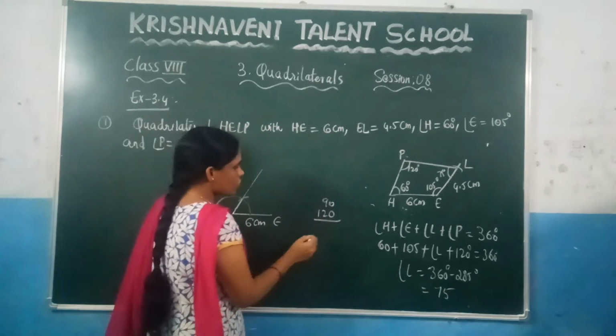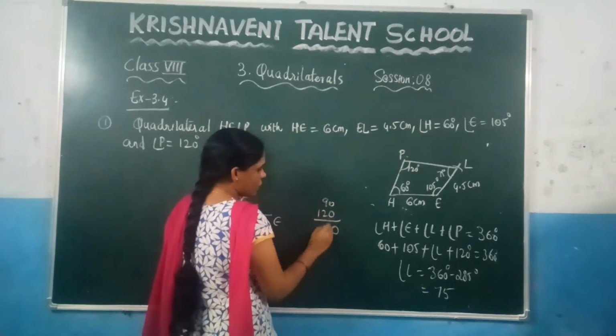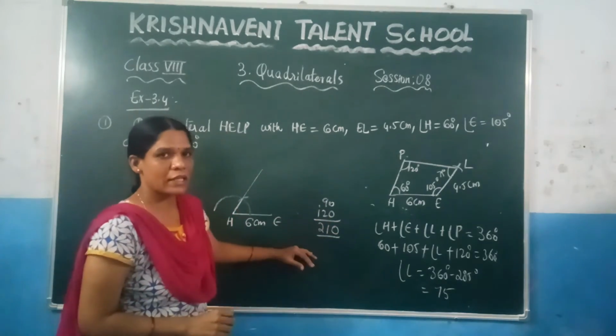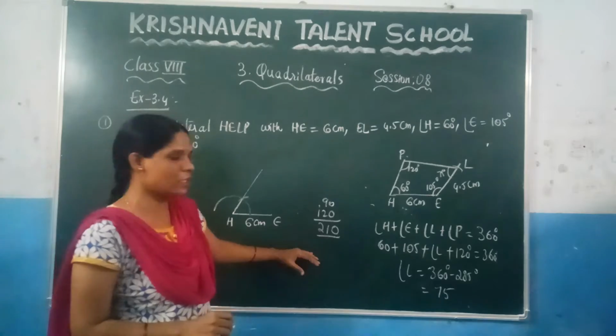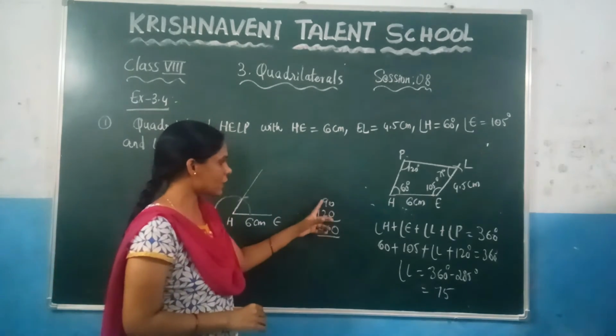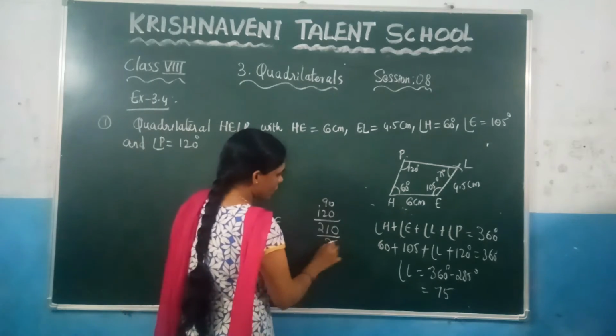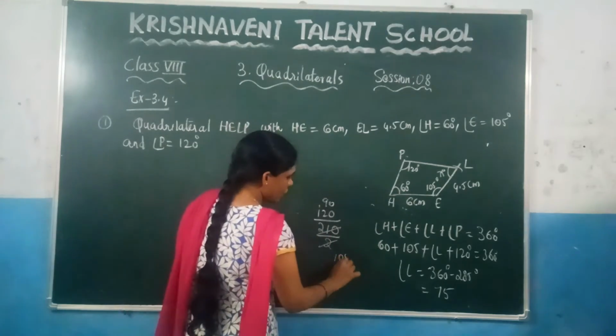let us add these two values. What you will get? You will get 9 plus 2 which is 11, you will get 210, right? And if you are taking the perpendicular bisector, that means the angle that lies between 90 and 120, you need to check. So if you divide this by two, what you will get? You will get here 105.